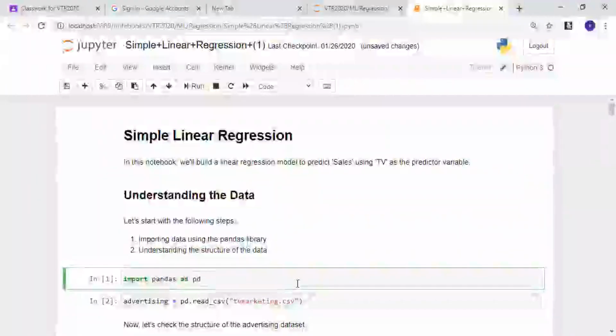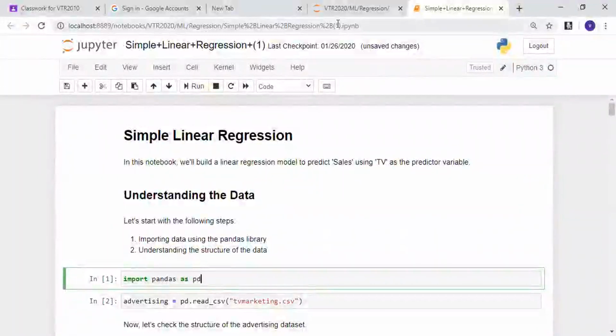So today's agenda is we'll be dealing with simple linear regression and multilinear regression. Coming to simple linear regression, we got to know about the theory of the regression model. A regression model has independent variables and dependent variables, and you need to predict continuous values. What else can we do in regression? That we'll see later.